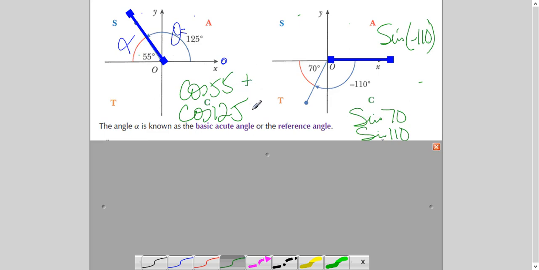But this will be plus, this will be minus, and it's right. Because cos 125 is in the second quadrant, and in the second quadrant you have cos negative. So answer of this should come negative. But magnitude wise, their answers will be same.